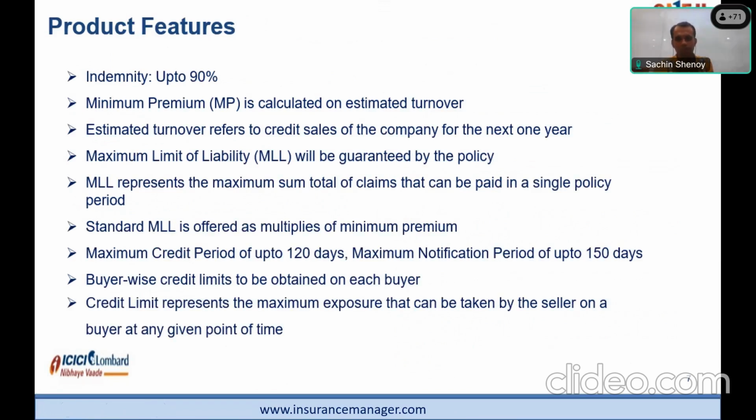Then we have a concept of minimum premium. Because this is an estimated turnover, you may or may not achieve that turnover. That is why we keep a minimum premium concept. Say, for example, you wanted to take a program for 100 crores, and we say that, okay, we would incept the program by only collecting 80% of the premium. So you'll be technically covering 80 crores as a turnover, but we will take periodic declarations from you, quarterly, say, and at the end of 2 quarters, 3 quarters, if you're close to 80 crores, then we will come back and request you to estimate the turnover for the balance period of the policy. You can pay that premium and cover your future shipments.